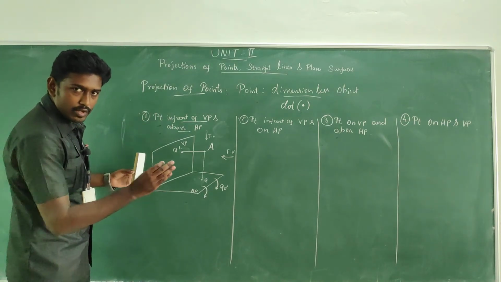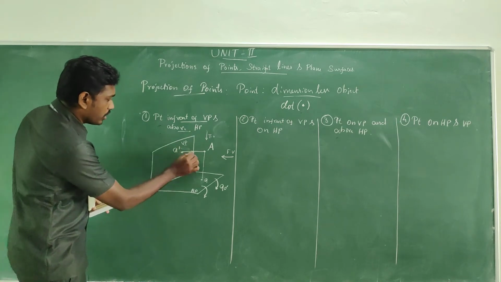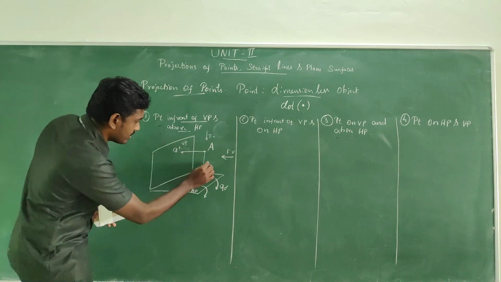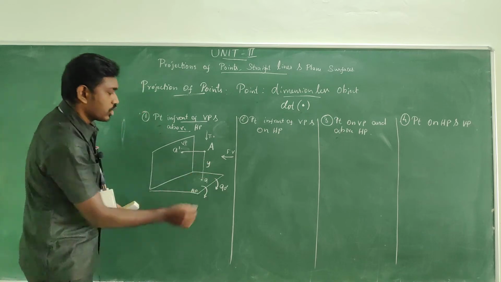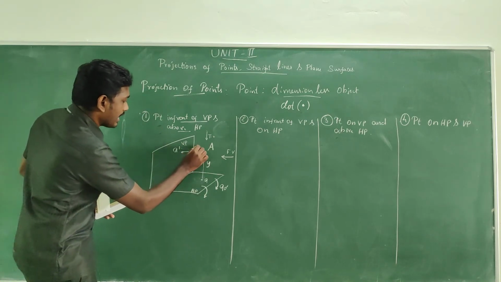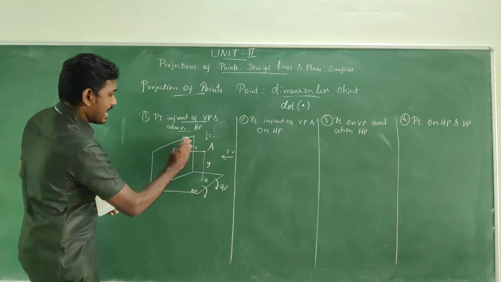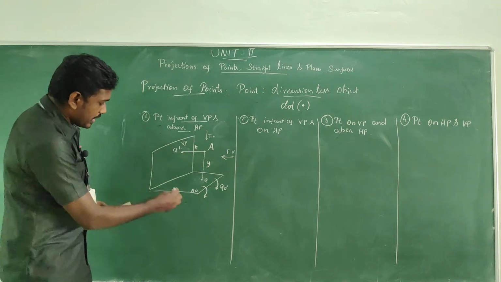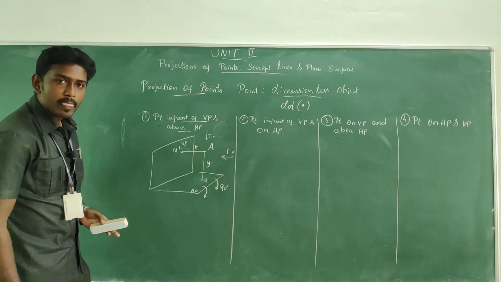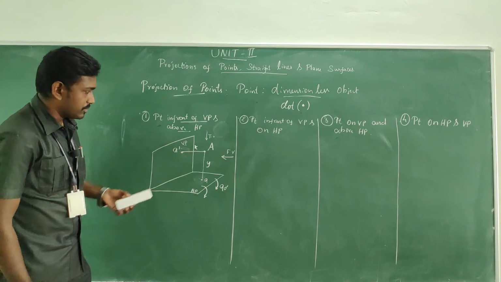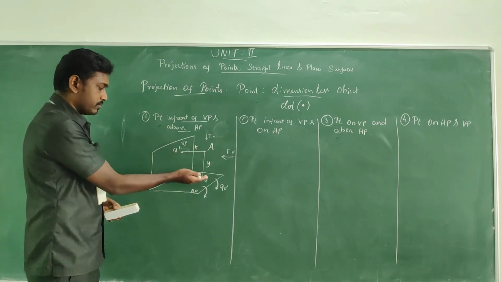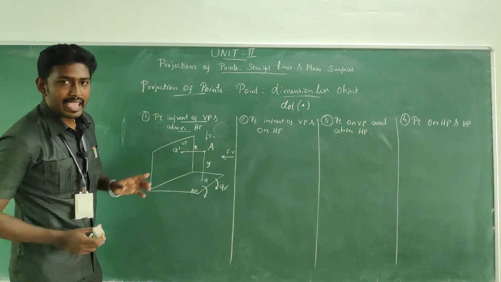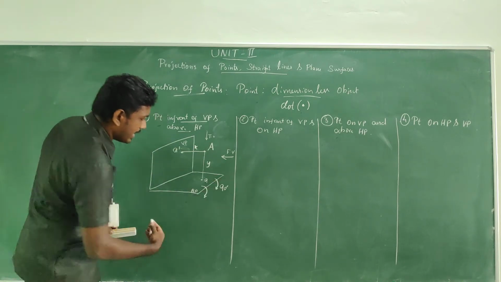So I'm going to take the point. It is located above HP with distance Y in the vertical direction, and in the horizontal direction it is located in front of VP with distance X. When we are coming to the conversion to 2D, it will be nice to get the concept. Okay, I have taken the height above HP as Y, and in front of VP captured with the X distance, right? Fine. So now we are rotating it 90 degrees.